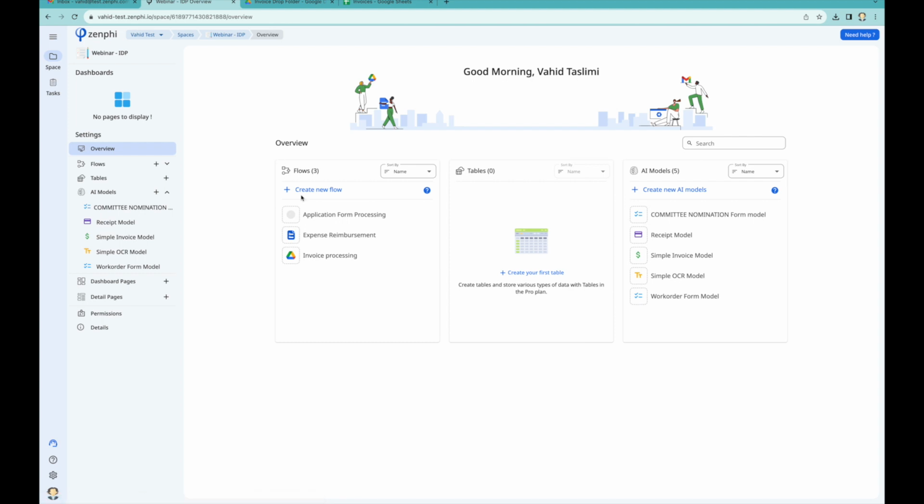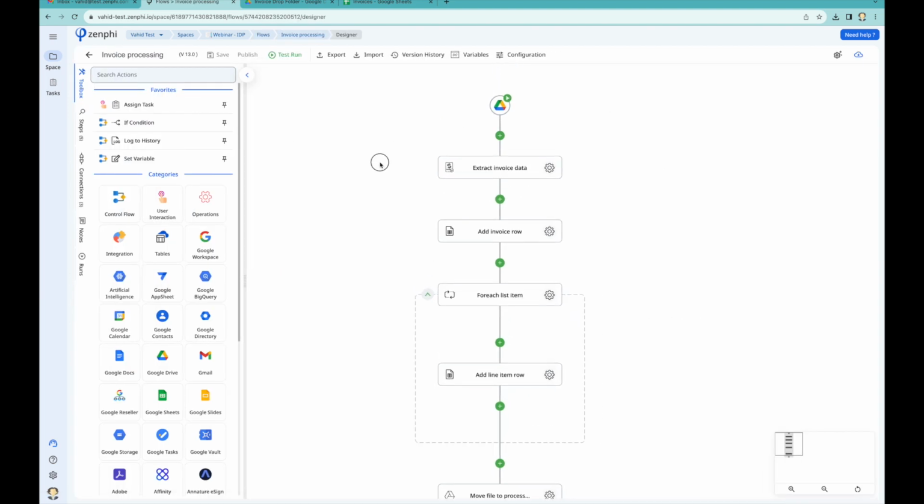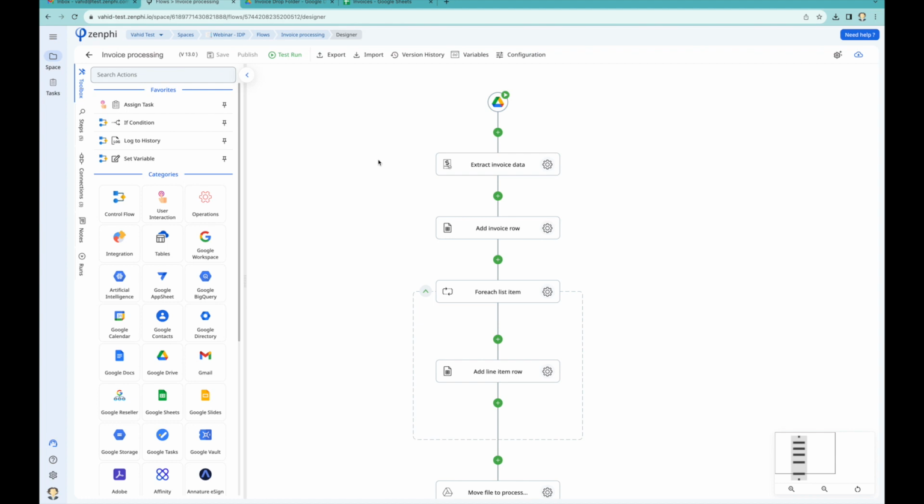Now it's time for a quick demo. For the first demo, I'm going to walk you through something called invoice processing. In Zenphi, to automate a process, you normally create a flow. Normally, flows are one-to-one matching to a process. In our case, I have created a flow which monitors a